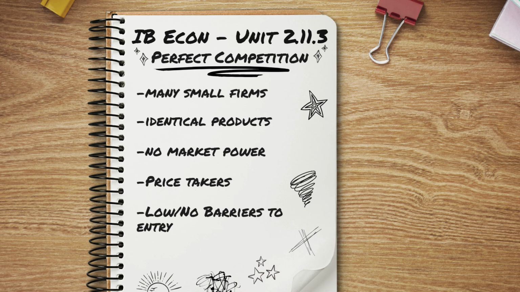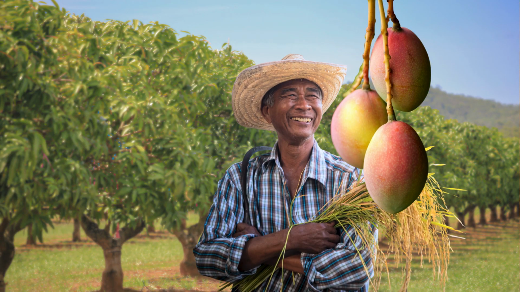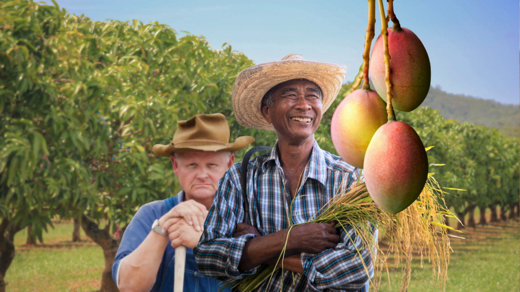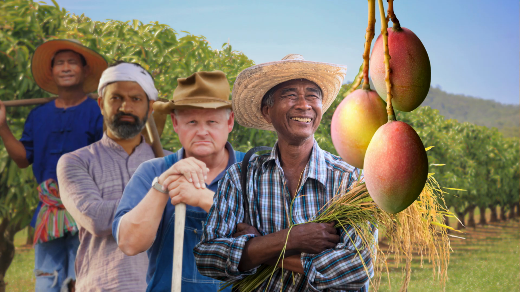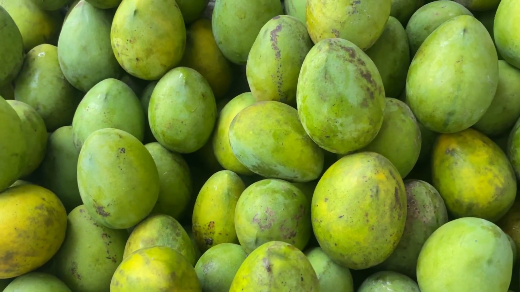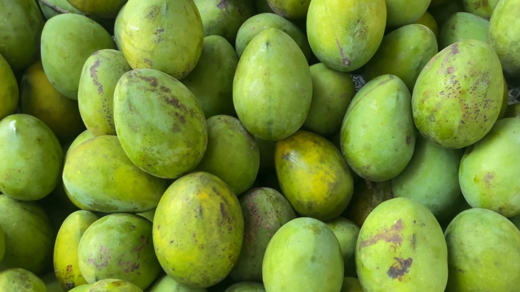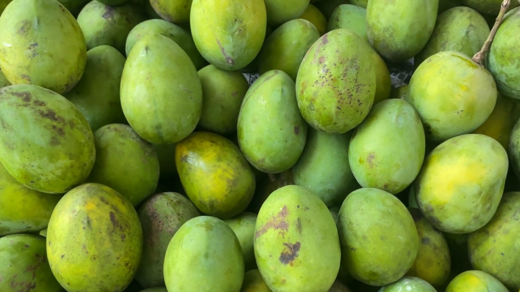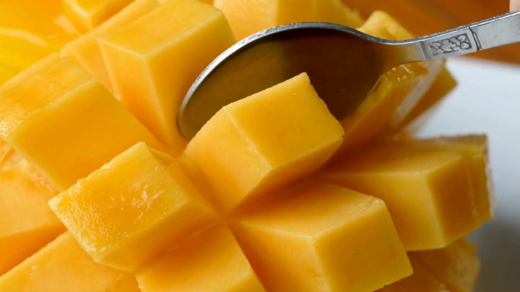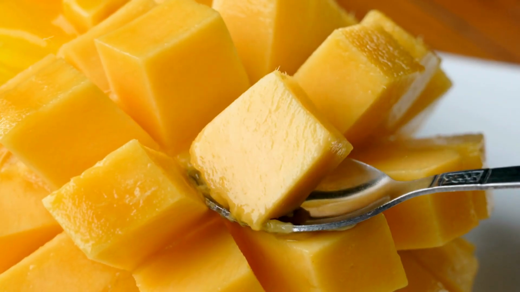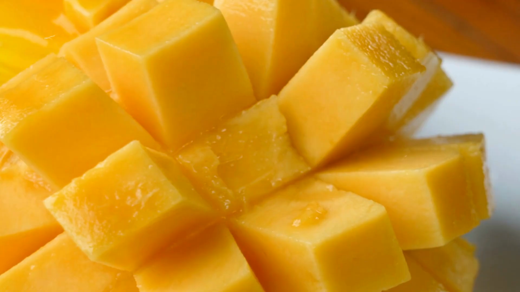Let's say you have a mango farm, but of course, you aren't the only one that produces mangoes. Anyone with the resources could buy land and start growing mango trees. It's not that hard, meaning there are no real barriers to enter the market. So this means there are many other farmers that also sell mangoes, and the mangoes you sell are no different than the ones that any other farmer sells, meaning the product is homogeneous. Okay, so now we have our conditions for a perfectly competitive market. Let's start to examine it in more detail.